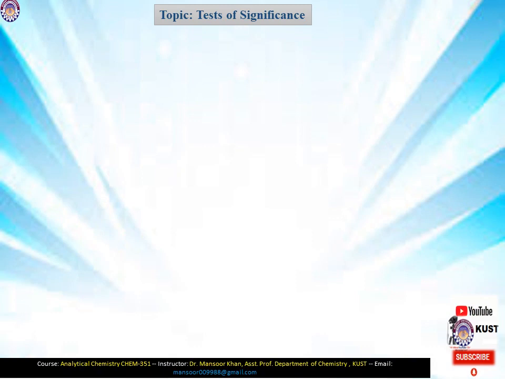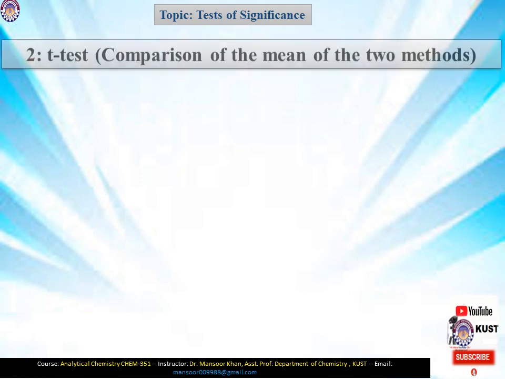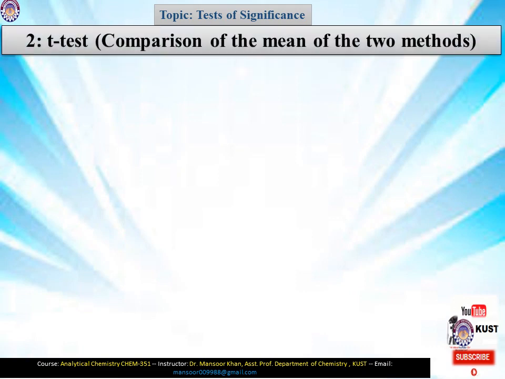The second t-test is comparison of the means of the two methods. In this method, the mean of your method is compared with that of the accepted or standard method. When the t-test is applied to the two sets of data, mu in the equation of the first t-test is replaced by the mean of the second set. So in this case we don't have a true value. So what we do, we basically calculate the mean